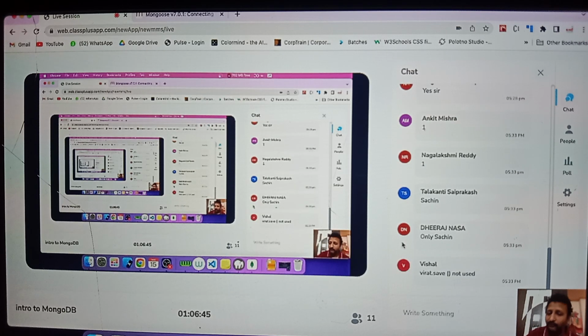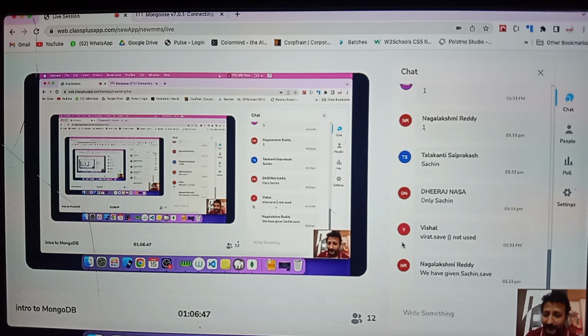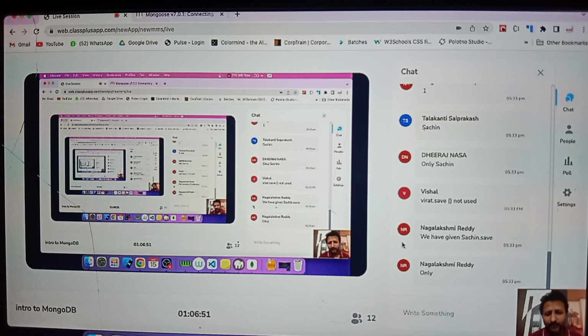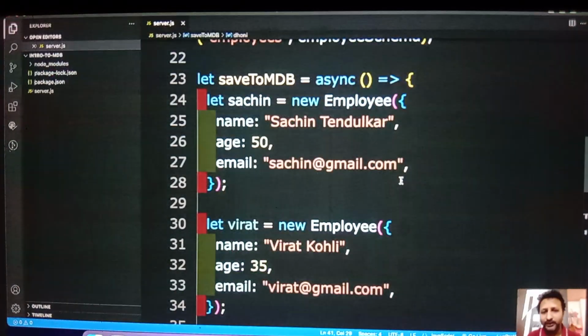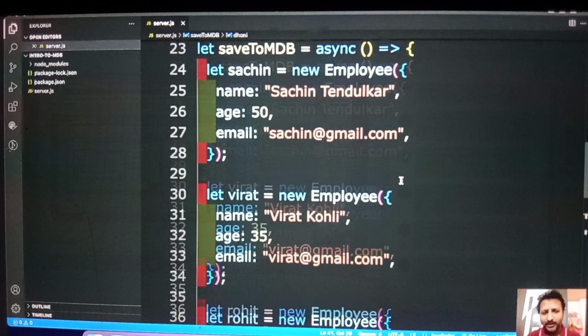Perfect. We haven't called save for Dhoni, Rohit, and Virat. We have given it only for Sachin. That's why it is not going to save. Now, if I wanted to save it, I can give